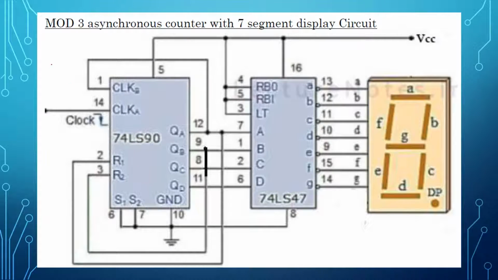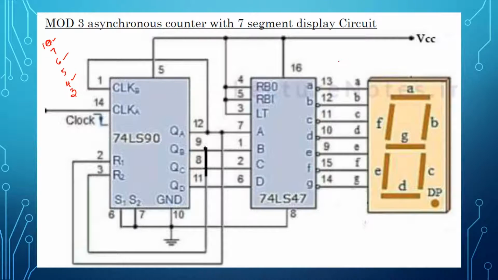So basically what you are doing is displaying mod 10, 7, 6, 5, 4 and 3 counters. This many counters we need to check. When it comes to the examinations, they might ask you any 3. They might ask you to rig up a counter which will display count 10, a counter of mod 6, and a counter of mod 4. Any 3 counters might be asked, or they might ask you to rig up 4 counters also. Most of the time they will ask you to rig up only 2 or 3 counters at the maximum. They will not ask you anything more than that.